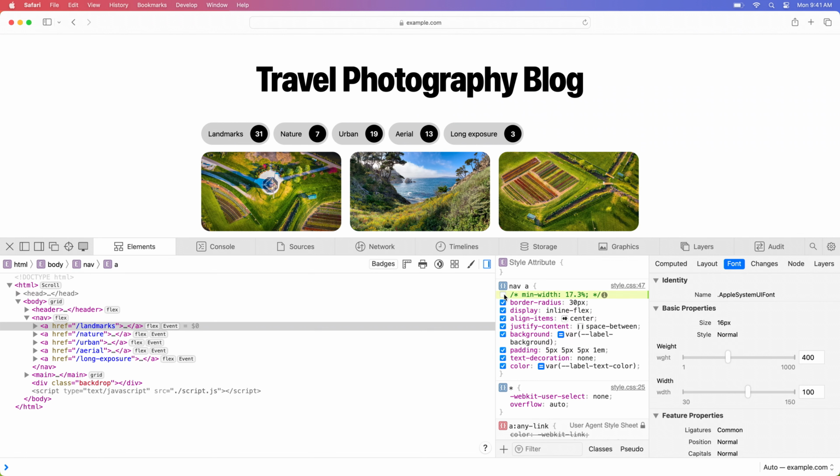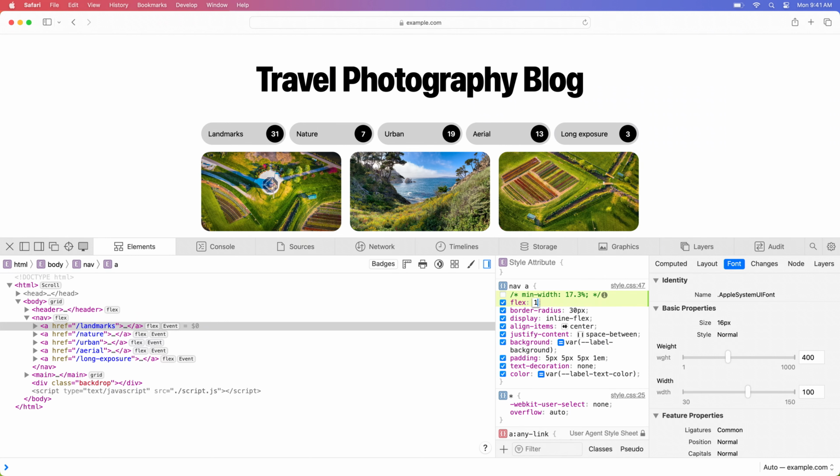Now, each label takes up as much space as it needs, but there's a lot of unused space left. To fix this, I'll add a flex property with a value of 1. This distributes the unused space to each of the labels so they fill up the container. And there's no more unwanted horizontal scroll, as confirmed by the now missing scroll badge next to the container in the node tree.